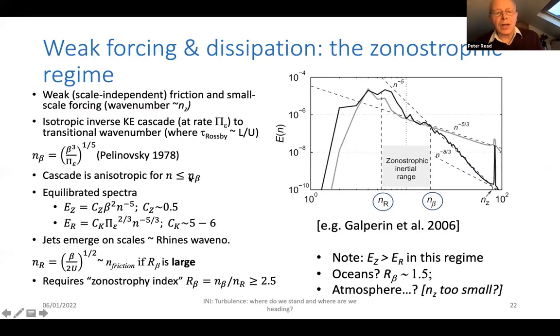And for larger scales, essentially the flow is dominated by these weakly nonlinear Rossby waves, and the cascade becomes